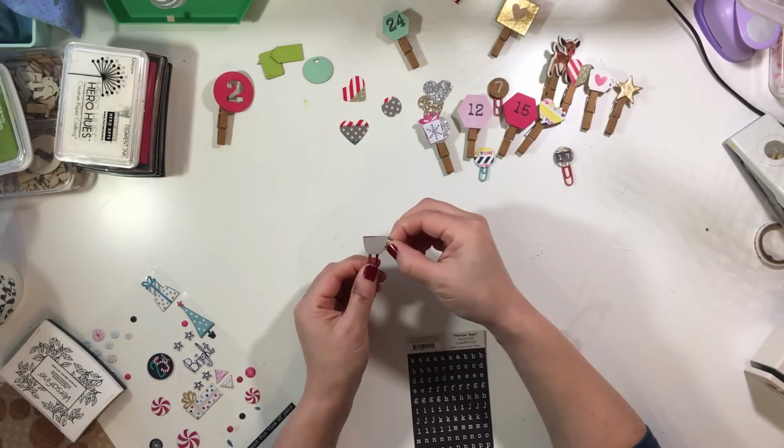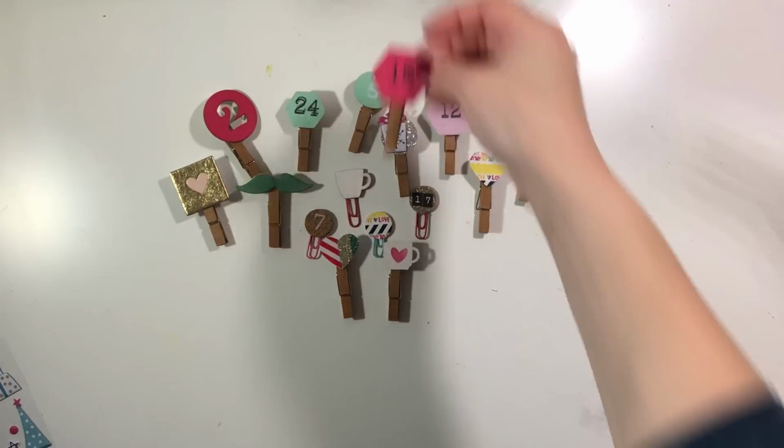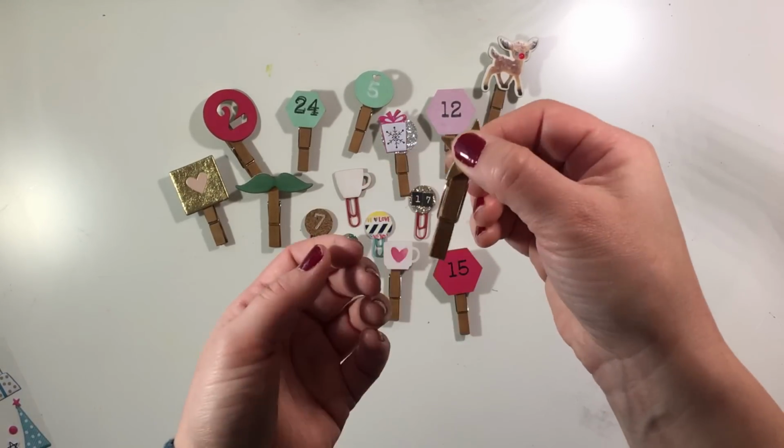And then lastly, I'm going to add that coffee cup right on top. And then I'm just going to kind of go through these. I'm going to actually slow this down, but I'm going to go through these and show you